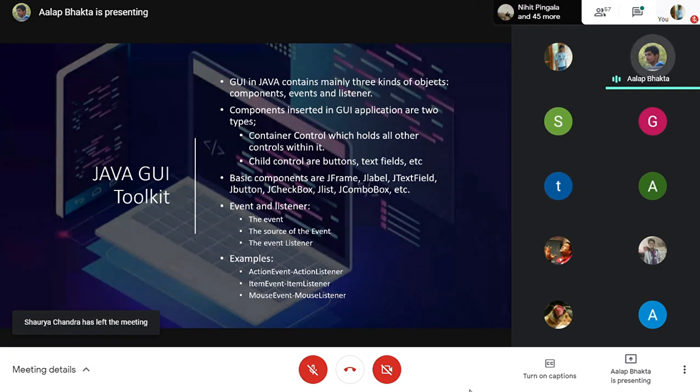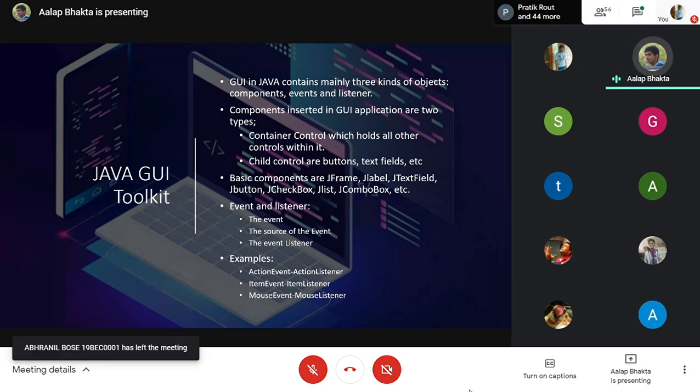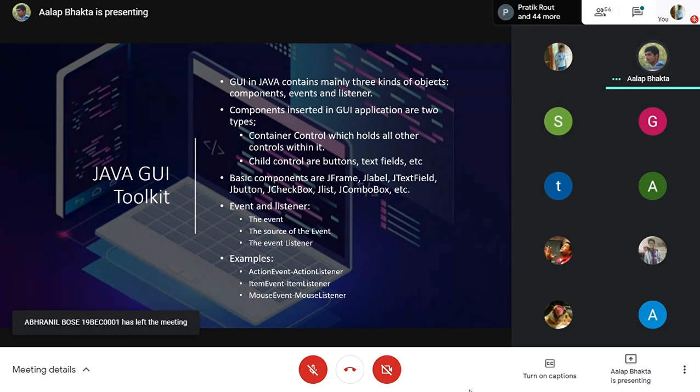The child controls are the controls which are in the container control, like buttons. The main frame, the panel, or the split pane are the container controls. The basic child control components are JFrame, JLabel, JTextField, JButton, and everything. So you came to know what components are, right?